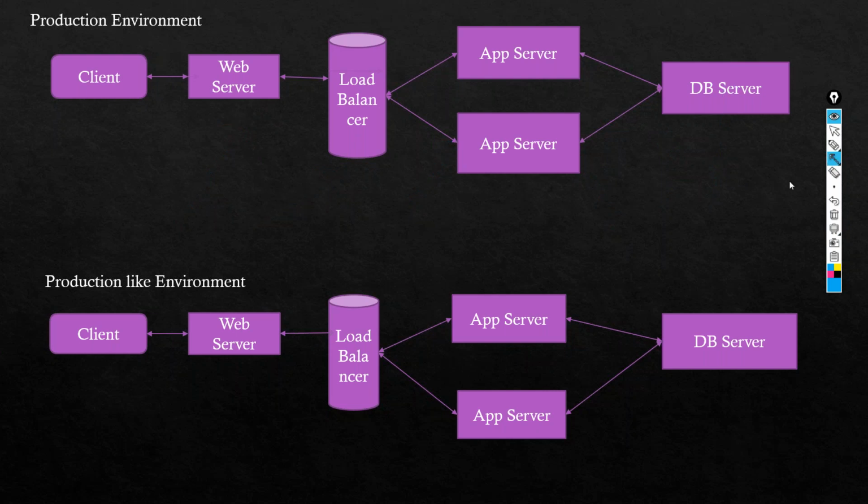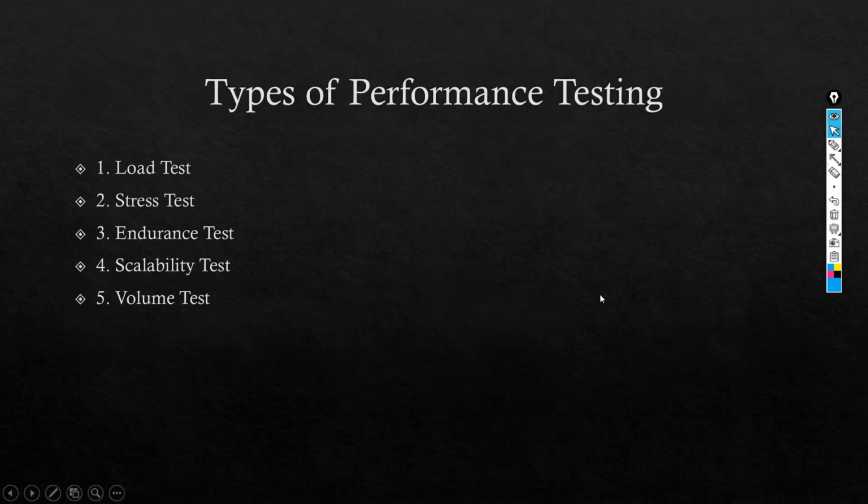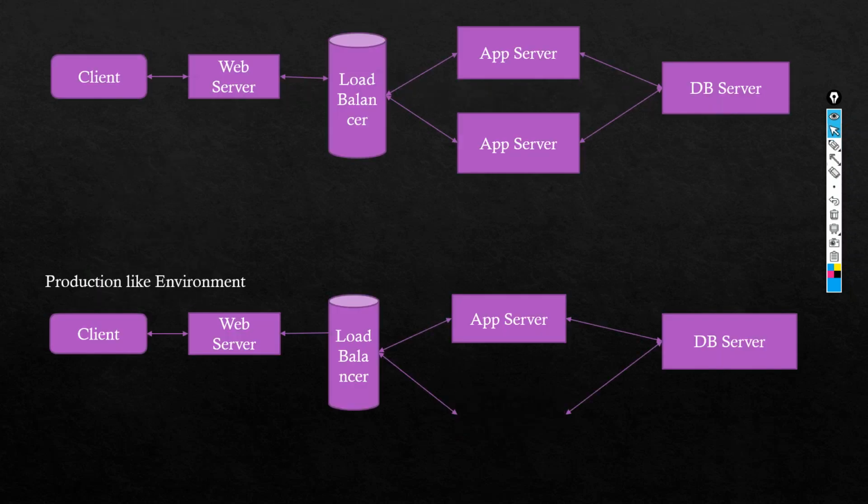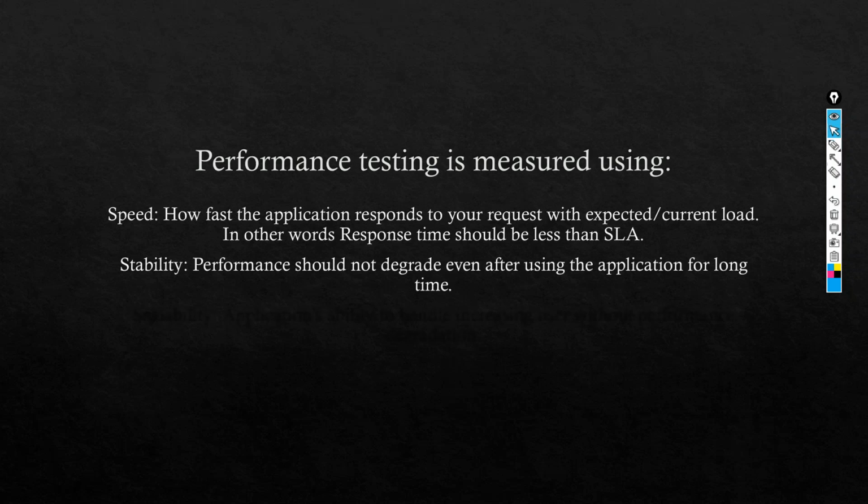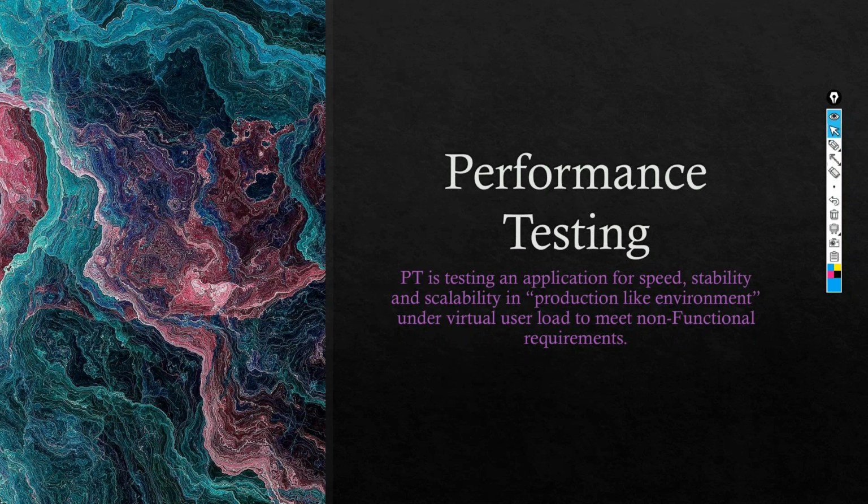Okay, so after this, now we'll discuss the different types of performance testing. Because on a high level, generically, we know what performance testing is, and we have seen the definition, and we have seen some words as well: speed, stability, and scalability. One thing we forgot to discuss, I guess, is here: the production-like environment, which we just discussed.